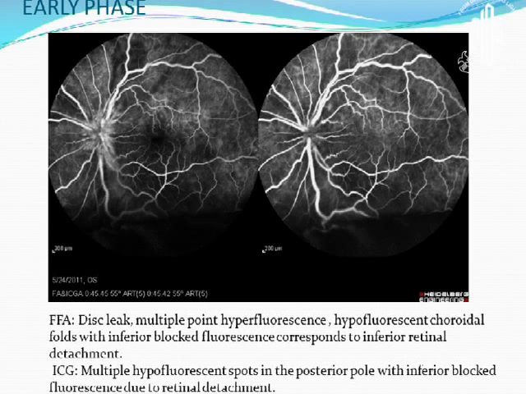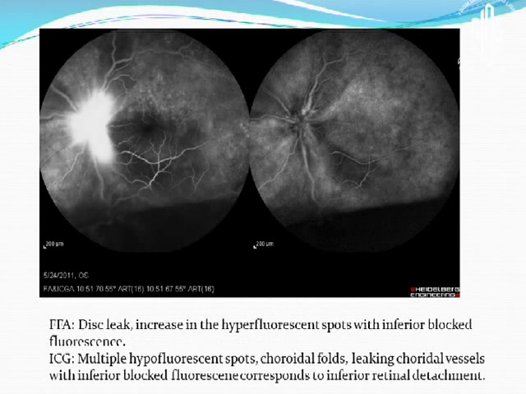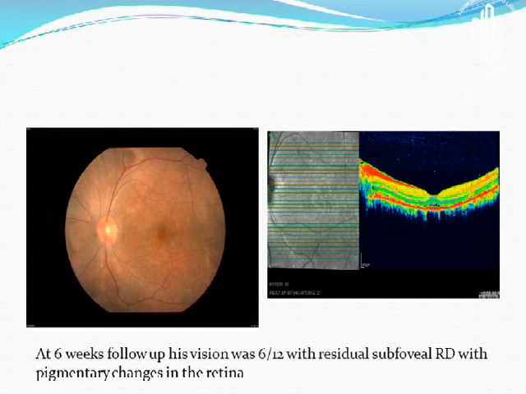FFA showed disc leak, multiple point hyperfluorescence, and choroidal folds with inferior block fluorescence corresponding to the inferior retinal detachment. ICGA showed multiple hypofluorescent dots in the posterior pole. In the late phase, FFA showed a disc leak, and ICG showed multiple hypofluorescent dots with choroidal folds and leaking choroidal vessels. At 6 weeks follow-up, his vision was 6/12 with residual subfoveal retinal detachment and some pigmentary